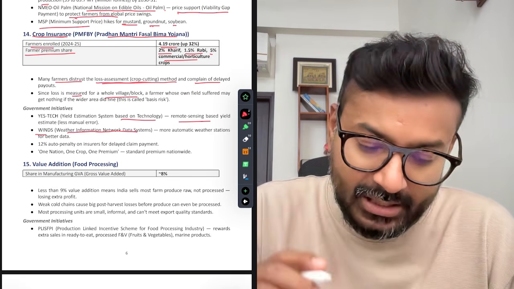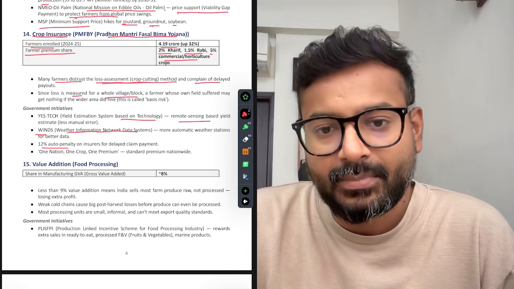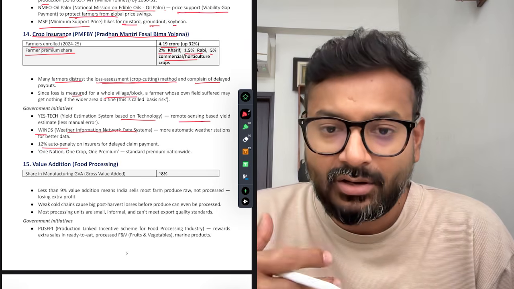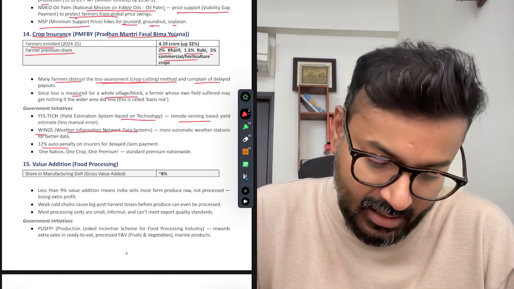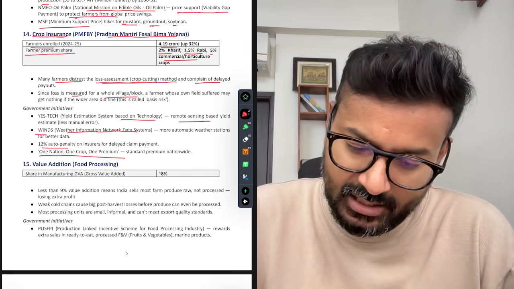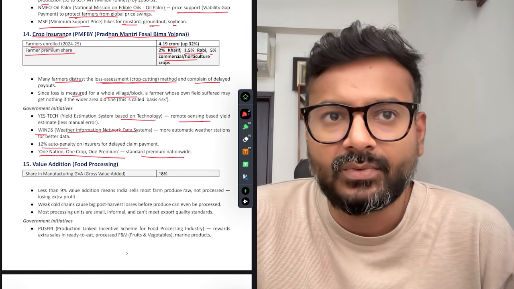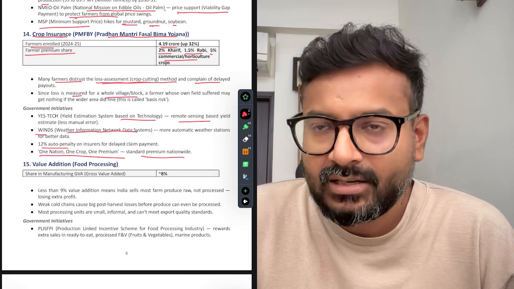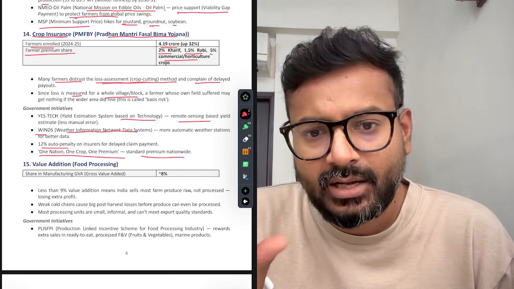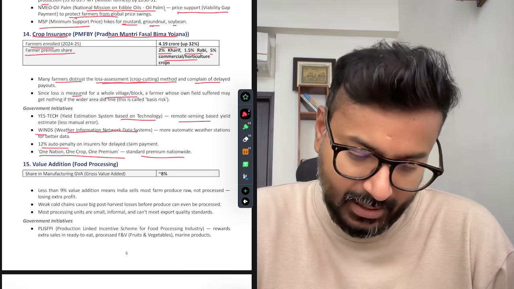There is also a 12% auto penalty on insurance for delayed claim payment. So if some insurance company delays the payment, they will have to bear a penalty, which will again ensure timely payment of insurance money. There's also One Nation, One Crop, One Premium, so that at least some standardization is there, a standard premium nationwide, because different parts of the country can have varying yields, varying productivity, and this One Nation One Crop One Premium at least assures that there is some standardization as to the premium that farmers pay. All right,